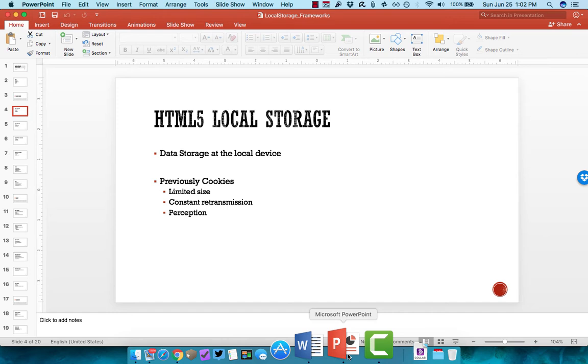And so this could be a browser on your phone, this could be a browser on a laptop, a PC, anything of that nature. So as long as it's a HTML5 compatible browser, you can store a pretty decent sized amount of data at that local device. Now previously, when we think about data, user data, transaction data, session data being stored at the device, we think